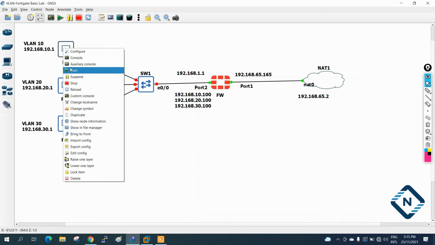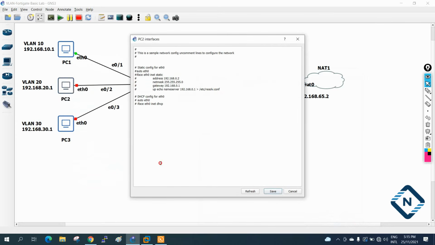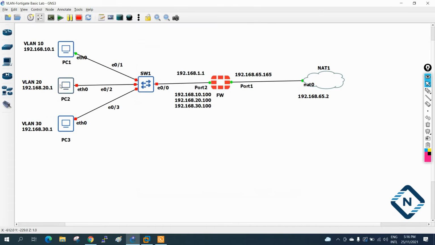After that I can start this machine. I go to another machine, say edit configuration, and paste the configuration I copied from here. Here I only need to change 10 to 20, here also 20, and save the configuration and start this machine.